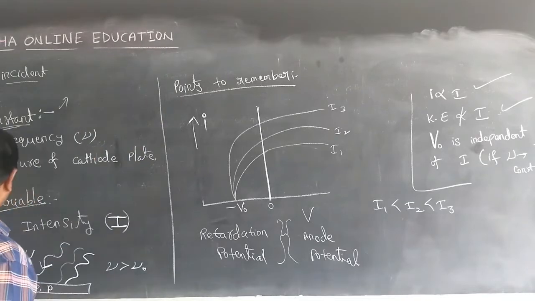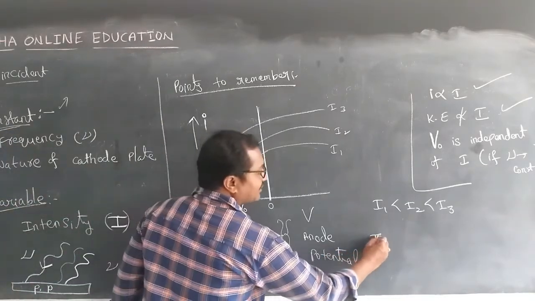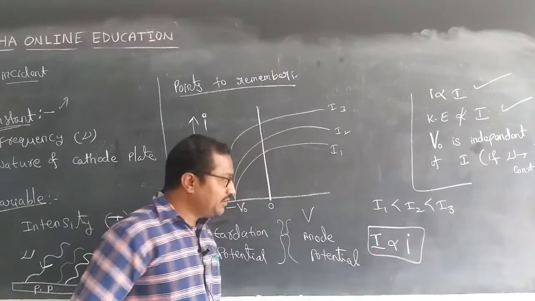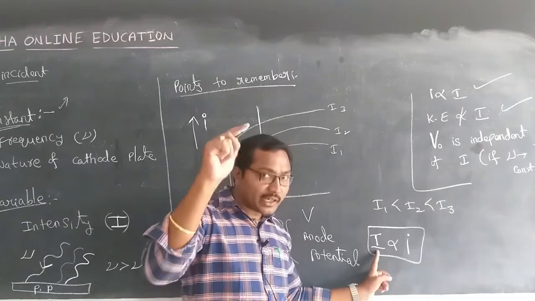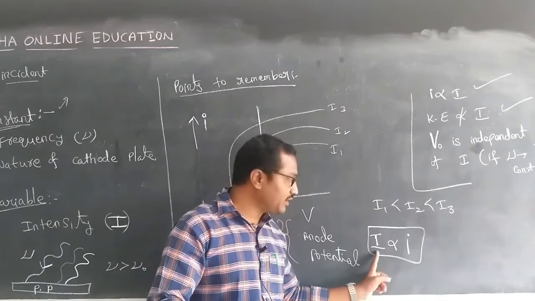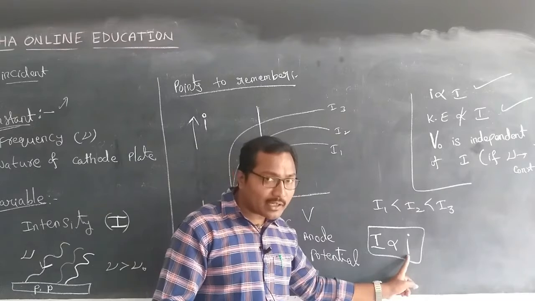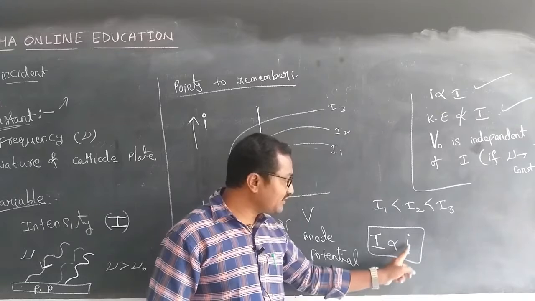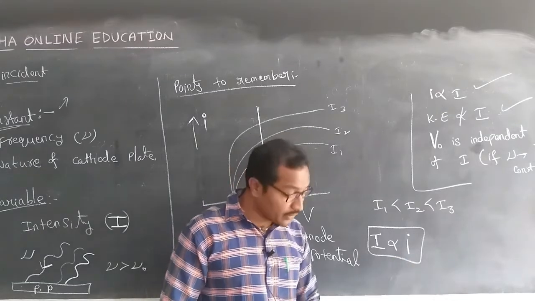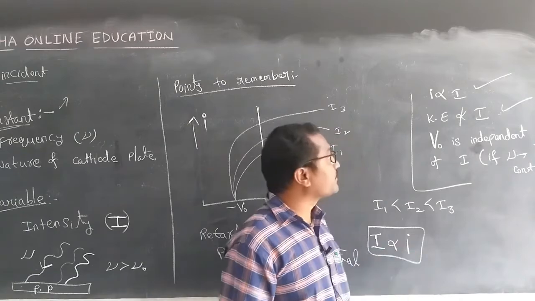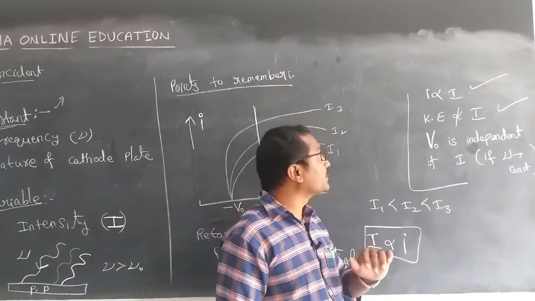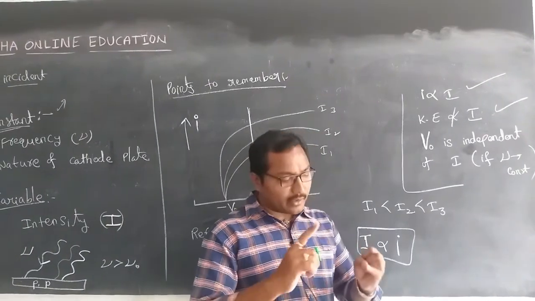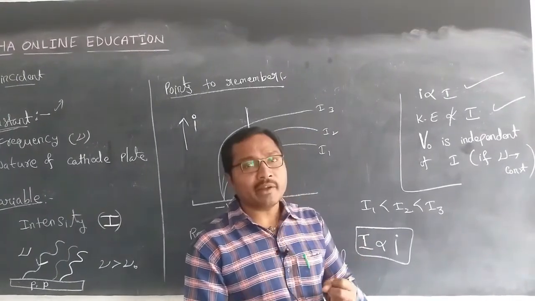Okay, right. So the same relation we take here as I is directly proportional to the intensity. It means as the intensity of incident radiation changes, the photoelectric current also changes linearly. If it increases, the current increases, and if it decreases, the current also decreases. Okay, right. And one more case. Here the important case is how the intensity of incident radiation is a dependent factor and which are the independent factors.